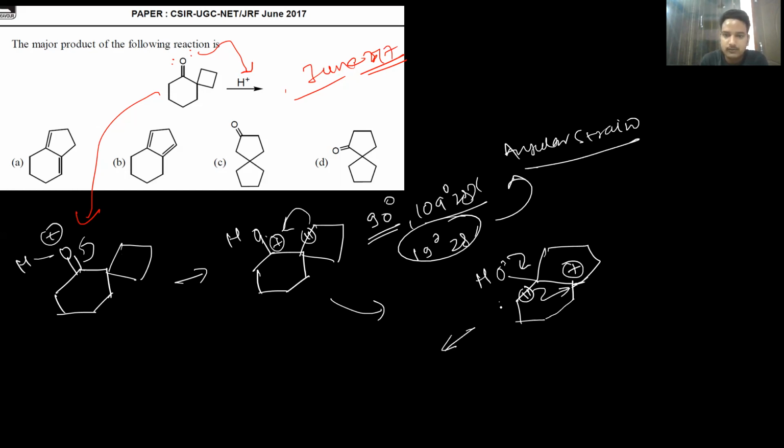In which 1, 2, 3, 4, and 5. So two 5-member rings which are spiro to one another. So these two 5-member rings, and we end up with this compound. So now the question is that, so this is